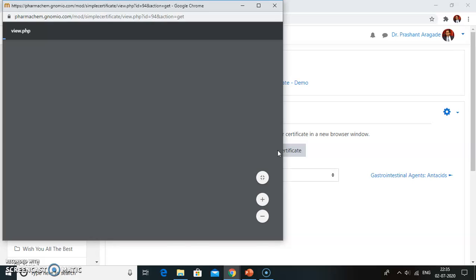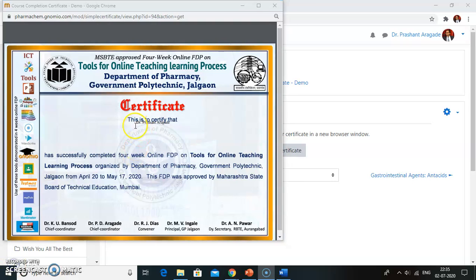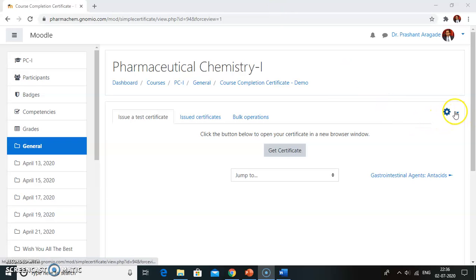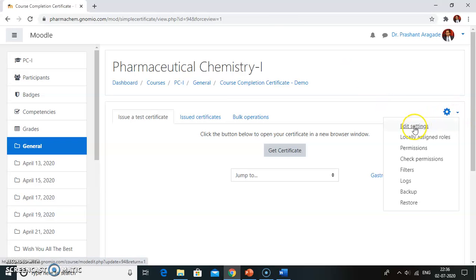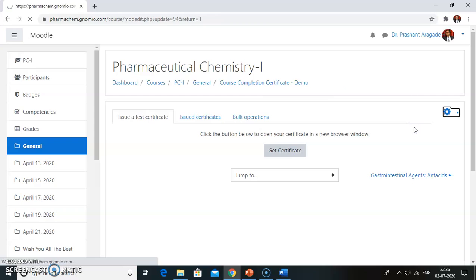Here a new window will pop up along with the certificate. See here, by default Moodle gives a very small font size for the names of participants. So just close it. Again click on this gear icon, then click on edit settings.